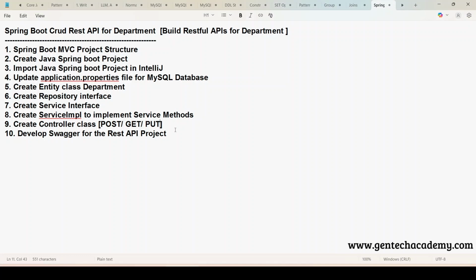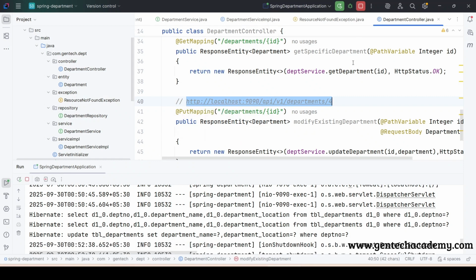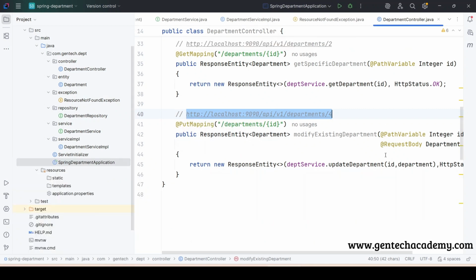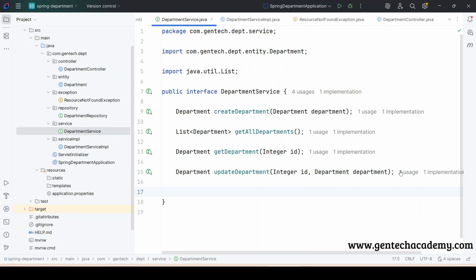In this video, let us learn the delete HTTP method. So again, go to IntelliJ, stop the server, go to the department service. We need to write an abstract method. Since it is deleting the resource from the server, we can make it a void